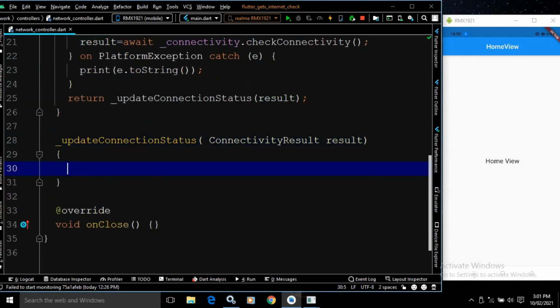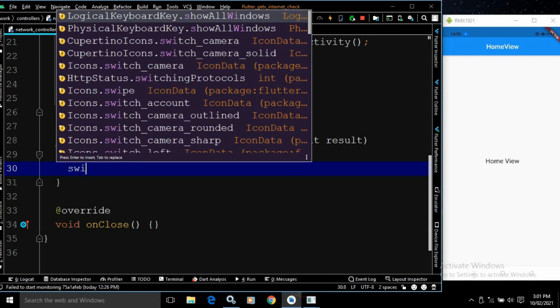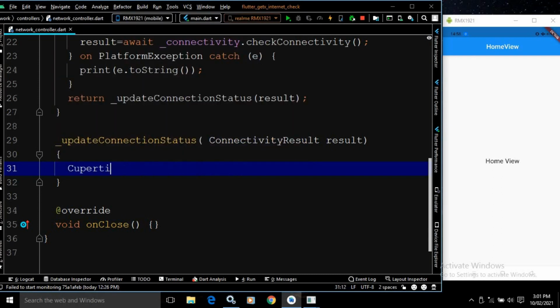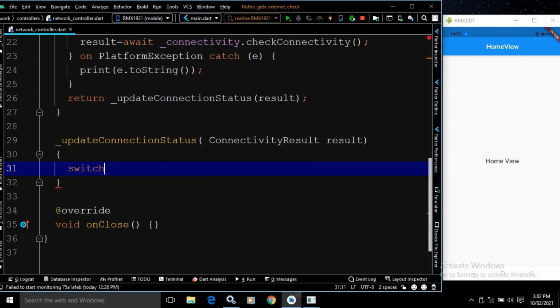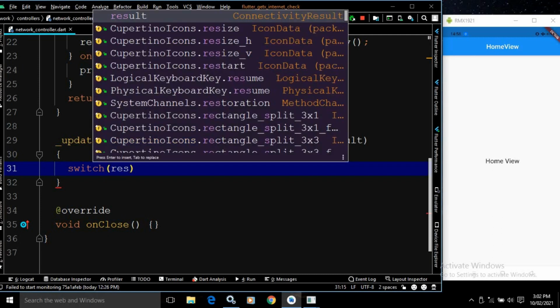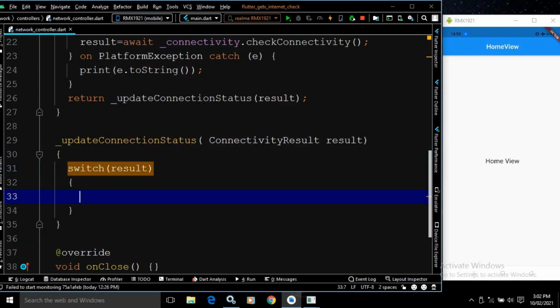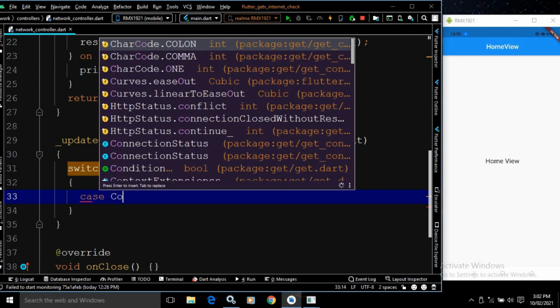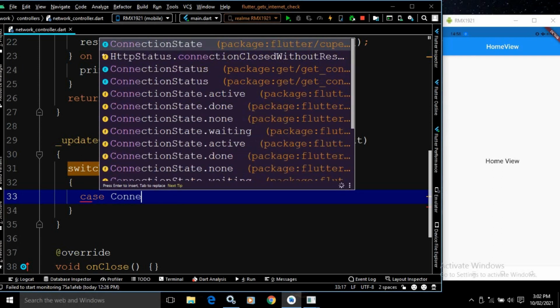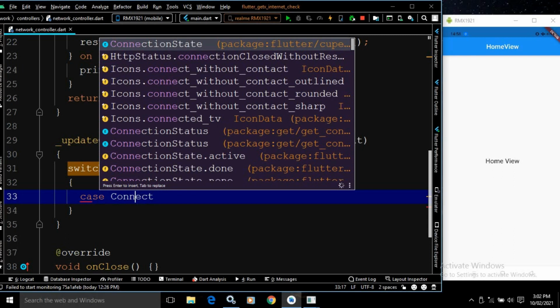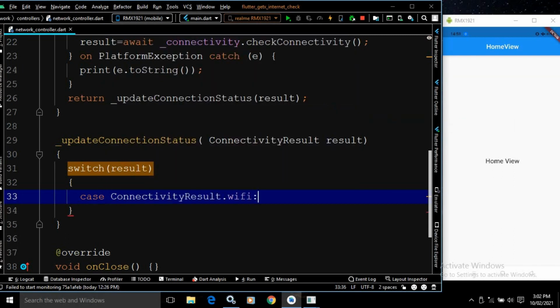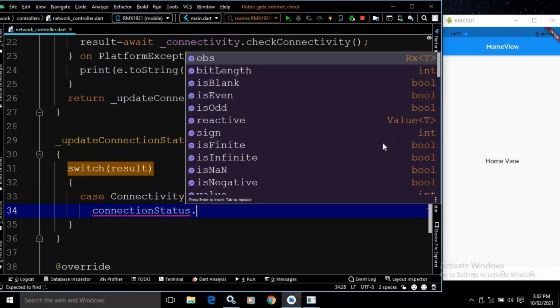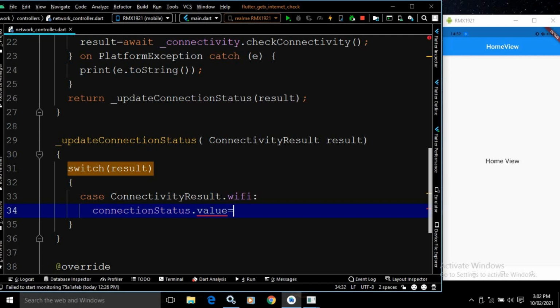This is the method body, and here I will use switch. Inside switch I will pass result. After that, here I will use case ConnectivityResult.wifi. This means if there is a Wi-Fi connection, then I will set the value of the connectionStatus variable as 1.